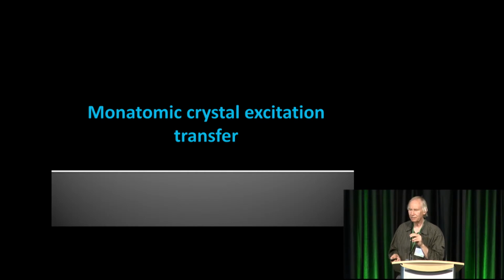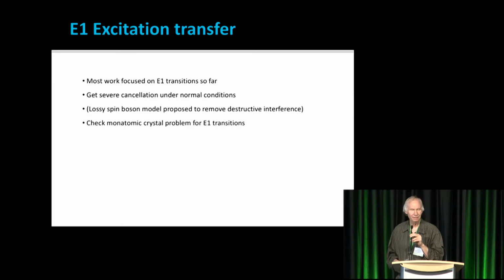What I'm going to do is take a segue into an observation I made last week that I'm still thinking about. Over the years, I've been focusing on the E1, which is the electric dipole transition matrix element. So the phonon-nuclear coupling is E1 for the nuclear part of the problem. So E1 transitions would be the lowest order transitions for this operator. And what I found for the molecule case is that if I had a molecule with two tantalum-181 nuclei, which happens to have a low energy E1 transition, that I can analyze the indirect coupling coefficient, and I find